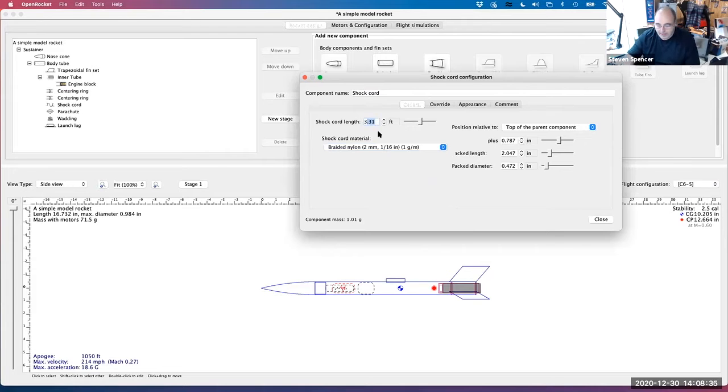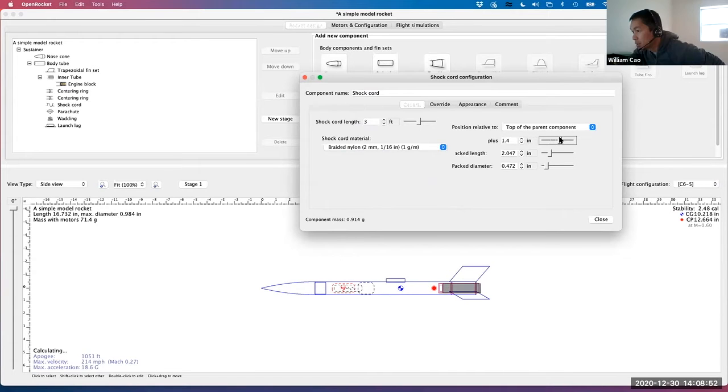I make it like that, and this just moves where it would be packed. You see it moving up and down in the rocket there. It's just adding a weight component for the shock cord and trying to determine where you would put it. Got it. You're going to put it up to the top probably because here's the wadding here. If I move the wadding down here, I would move the parachute down,